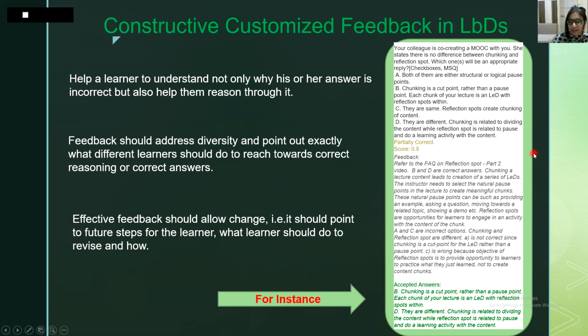So in that way, we should provide the feedback to the learner so that he can find out where he is lagging behind. Okay, and we should not give direct answers, yes, you are correct or you are wrong. But why are you correct and why are you wrong? The focus should be on that.